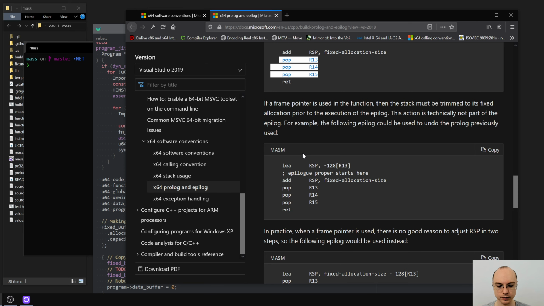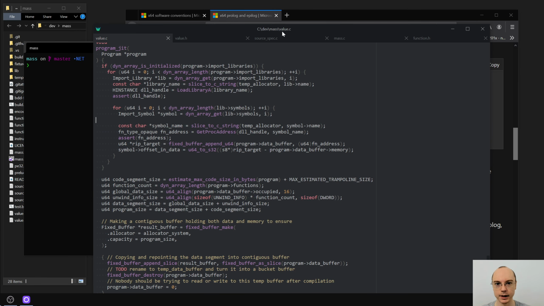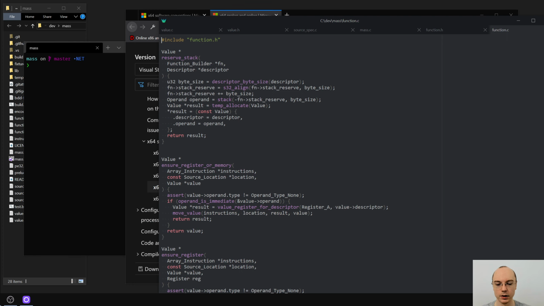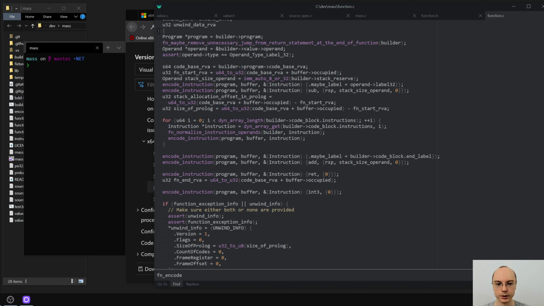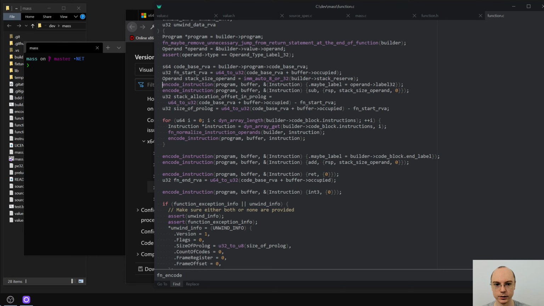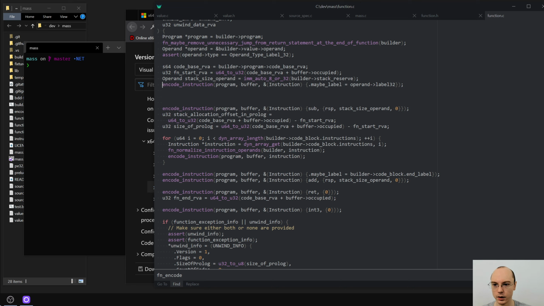So let's get into that. I guess it is inside of function.c, we would have function encode, right? And here we will need to do some extra work. Okay, stack allocation. So here we'll push